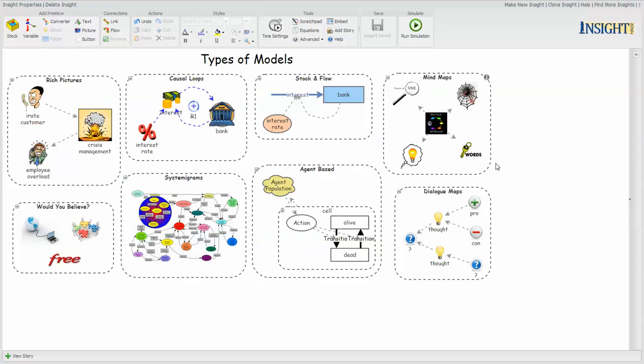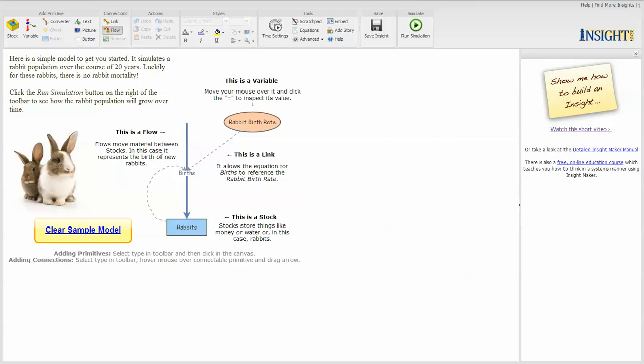We've figured out how to develop mind maps, dialogue maps, and systemograms as other types of diagrams, simply because we relaxed the rules for how you can connect the components to create the elements of the model. In addition to all of those different types of diagrams,